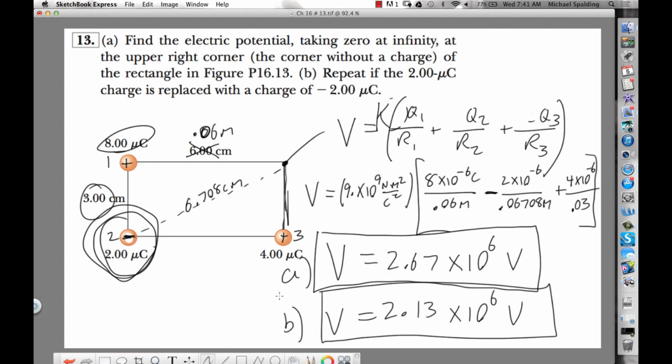Okay, so now, number 13 connects to number 14. So dudes, I'm going to throw up number 14. It refers to number 13, but you know what? I'm going to make a new video here, so we'll